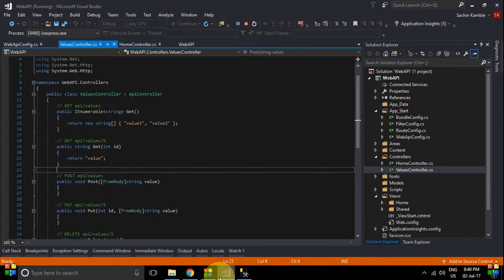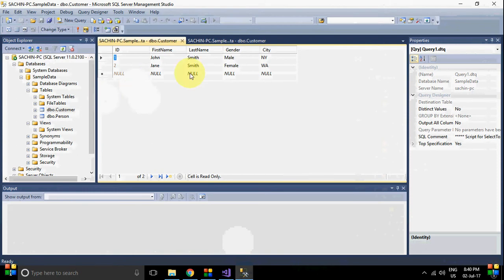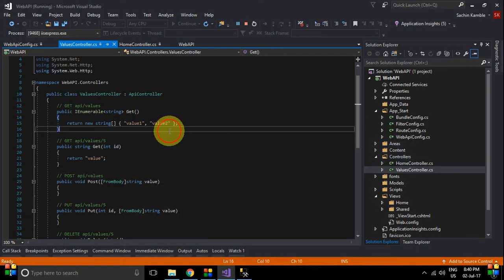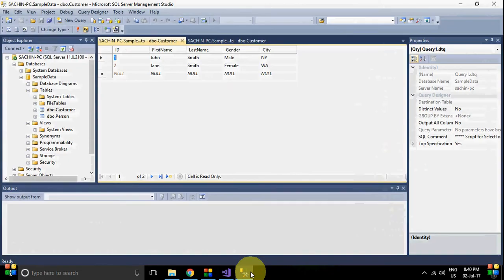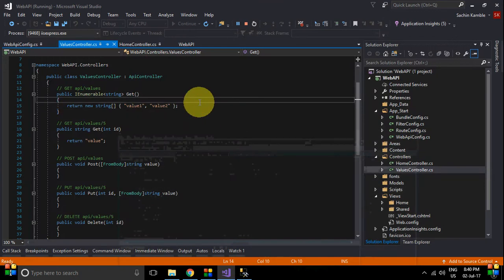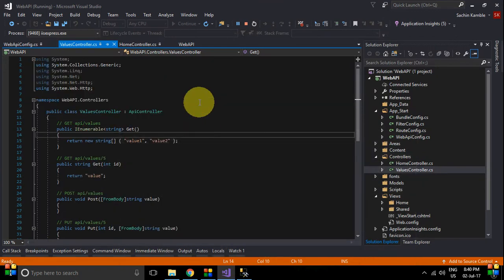so next step, I want to display this information, this table on this web API. Means I want to perform this get, post and put, delete operation on the table. So how to do that? So simply we can use entity framework. Okay, so let's go to